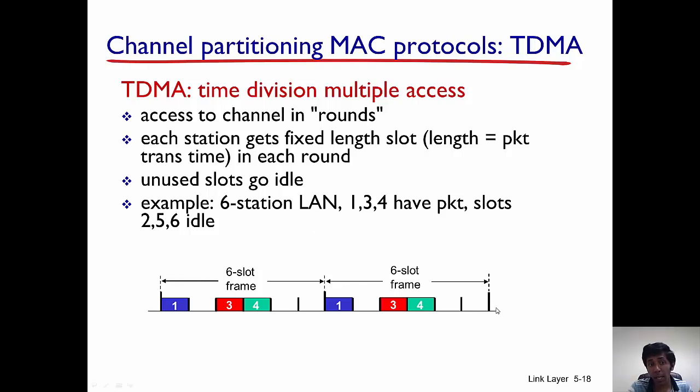This is going to work well if every user has something to transmit. But say all users will not have something to transmit at the same time. As in this example, 2, 5, and 6 do not have anything to transmit. So those slots go empty. So it's very simple here that this is only operating at 50% efficiency because 50% of the slots are vacant. So that is a channel partitioning protocol, or time division. And what we looked at is time division multiple access.